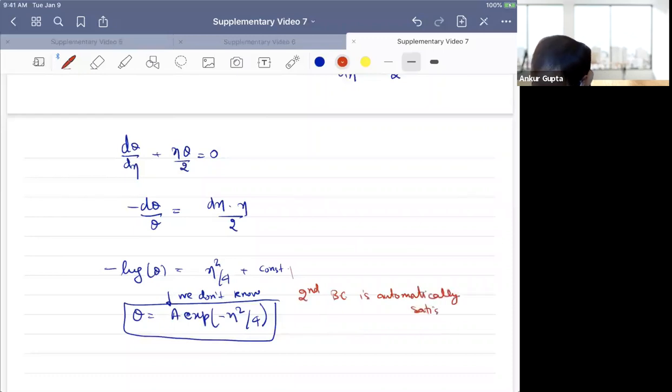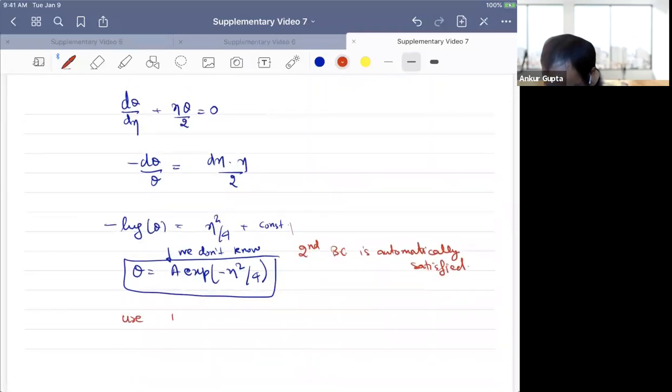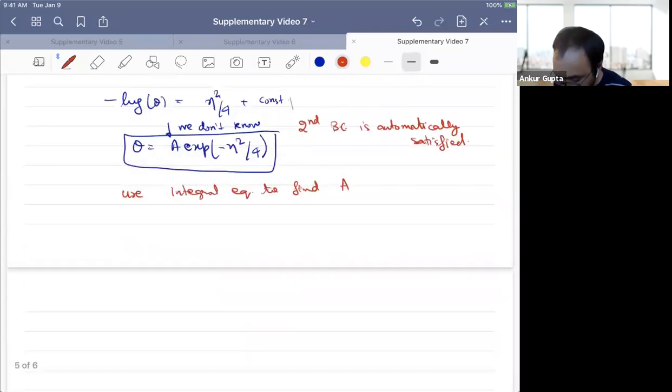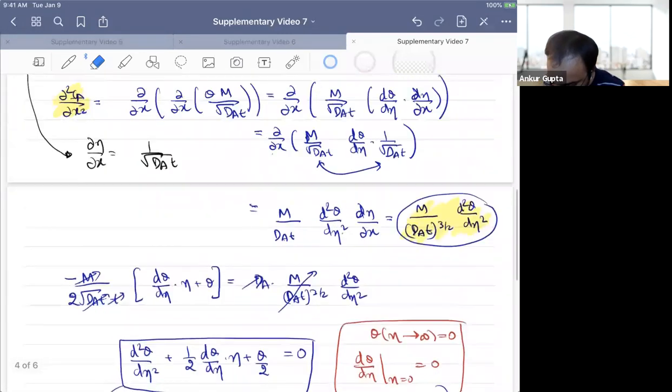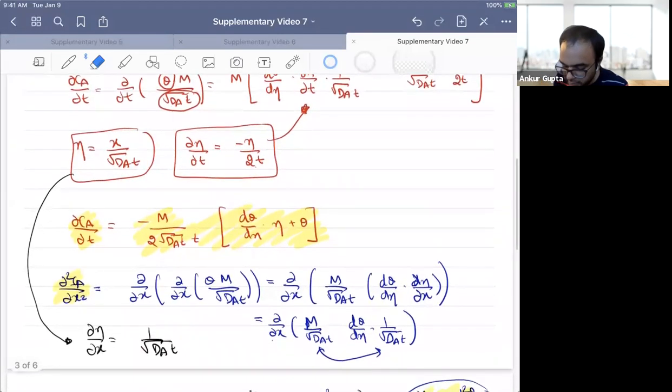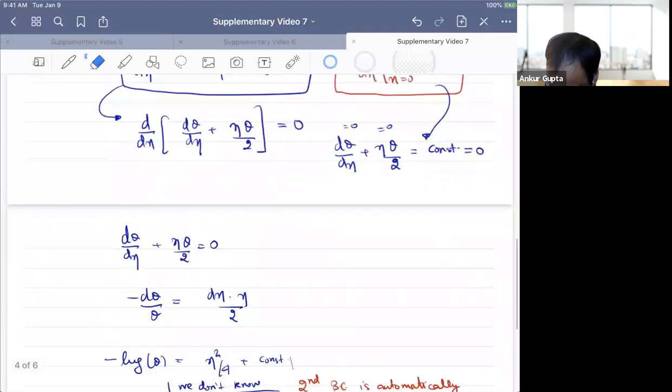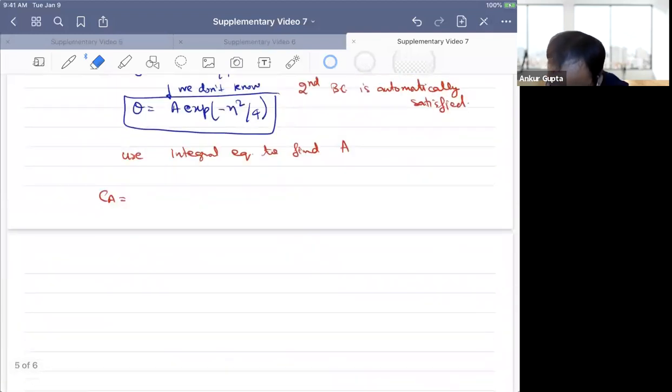So we'll go back to the integral equation to find A. Okay. So let's find, what is CA? CA is theta into m by root dAt. Or I think it's the opposite. Let me check what CA is: theta into m by root dAt. Okay. So theta times m